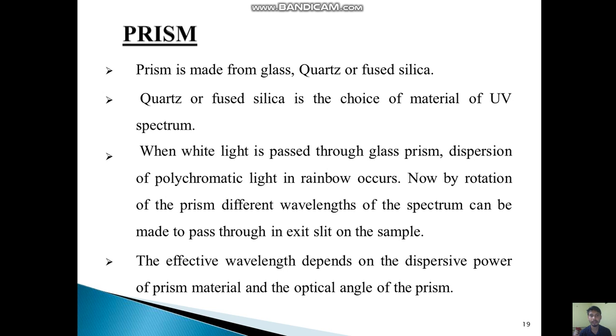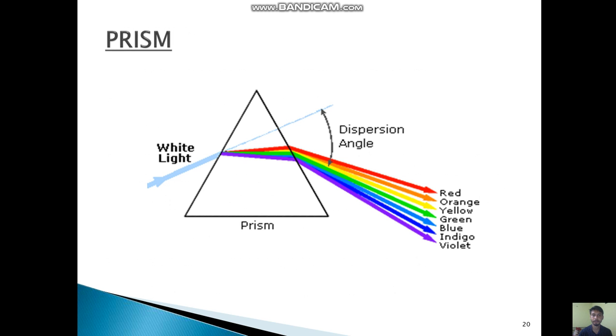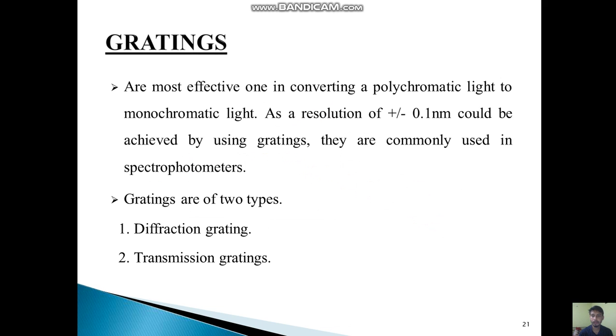By rotating the prism, different wavelengths of the spectrum can be made to pass through the exit slit onto the sample, and the effective wavelength depends on the dispersive power of the prism material and the optical angle of the prism. Here you can see white light passing through the prism, where we get a rainbow, with the dispersion angle and colors from red to violet.